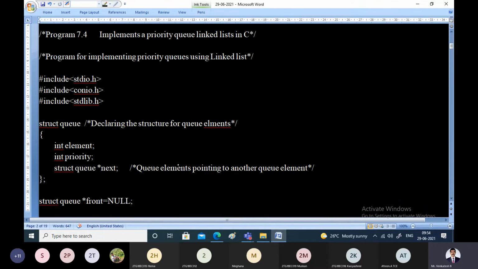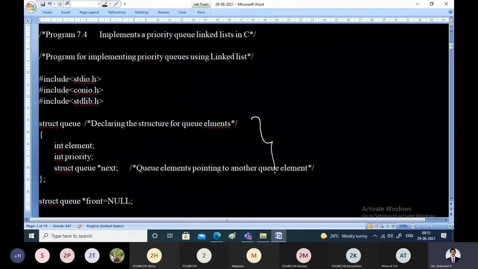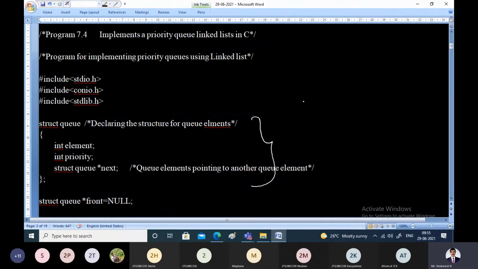So let us see the program for implementation of the priority queue. We have included the necessary header files in the beginning. And then this is the usual structure declaration, for representing each and every node of the priority queue.